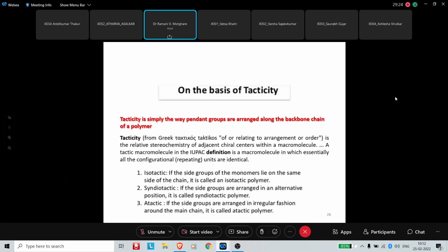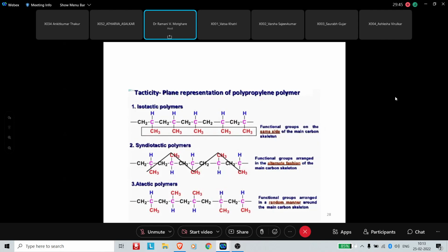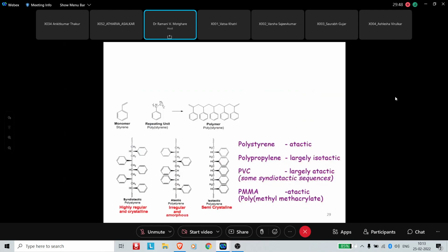whole portion. Okay, now one of the favorite questions on polymer is the tacticity part, how the groups are placed on the main linear chain, and according to the placement, you classify them as isotactic, syndiotactic, and atactic. And then what are the examples of these polymers? Like the examples are given here. Atactic polystyrene, then polypropylene is largely isotactic, and then what I know is gutta-percha rubber is a syndiotactic one. Okay, then